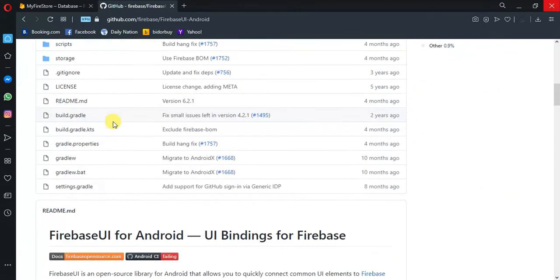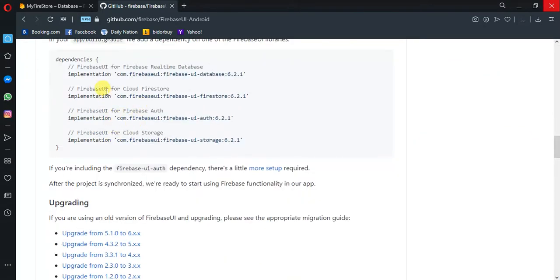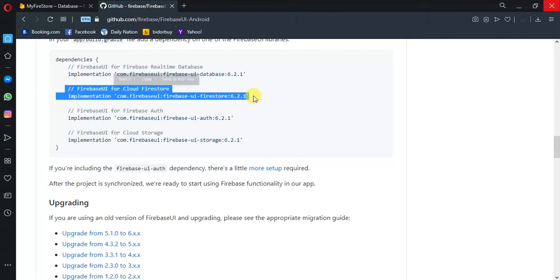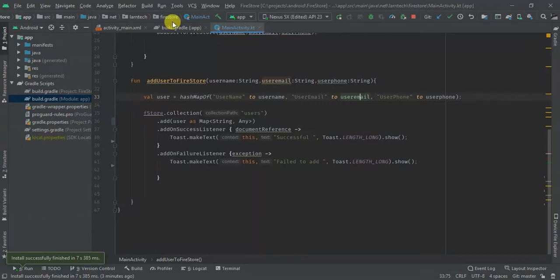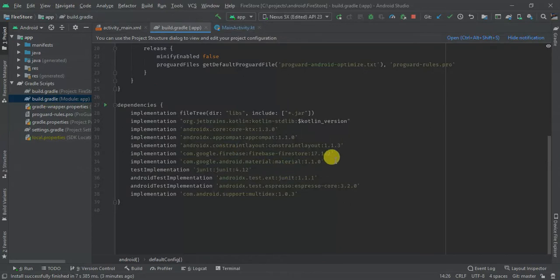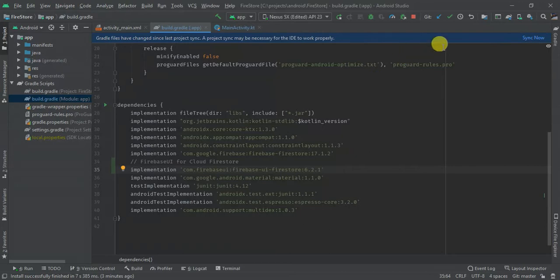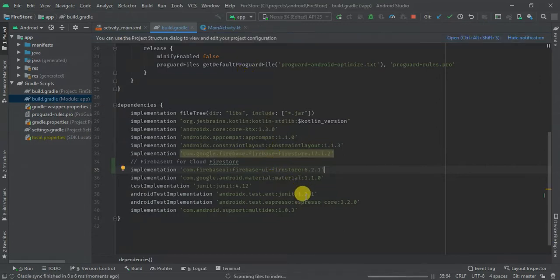So the first thing that I'm going to do is to add the Firebase UI dependency. So I'm going to copy this one. Then I'm going to go to my part 1 where I left it and add this dependency. I'm going to sync the Gradle. So it's downloading some dependencies. Once that is done,